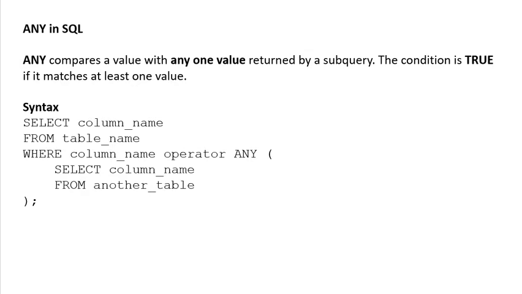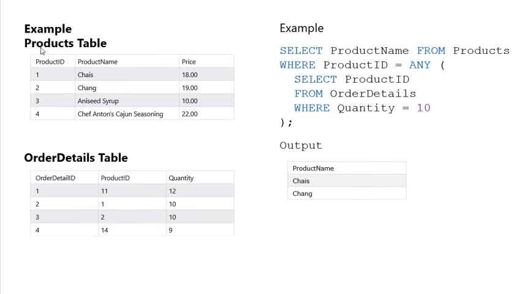Let's check the example. This example has two tables: the first is the Products table, with ProductID, ProductName, and Price, and the second is the OrderDetails table, with OrderDetailID, ProductID, and Quantity. ProductID is shown in both tables. The query says to write SELECT ProductName, so the product name is printed, FROM Products, which is the table name,